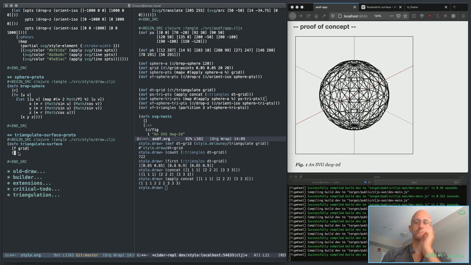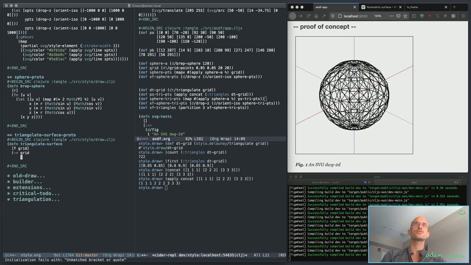Yeah, so let's see if this will work. Start with grid, map it through, or transform it by way of silo.delane